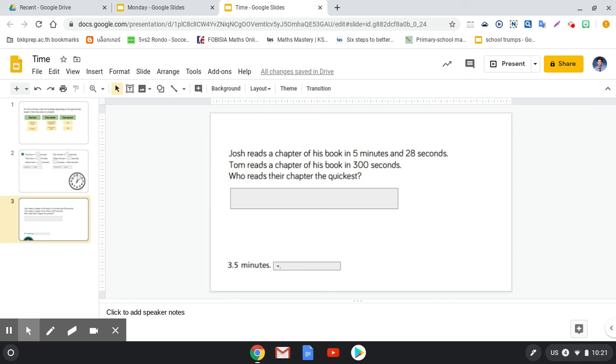So now we have practiced our skill of converting units of time. Now we're going to use them to solve some word problems. So whenever you have a word problem that involves time, what you always need to do is convert everything into